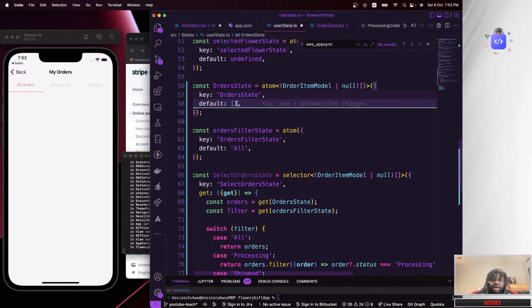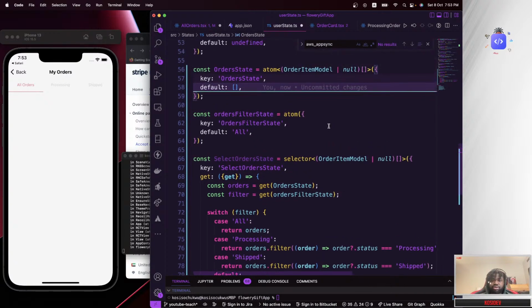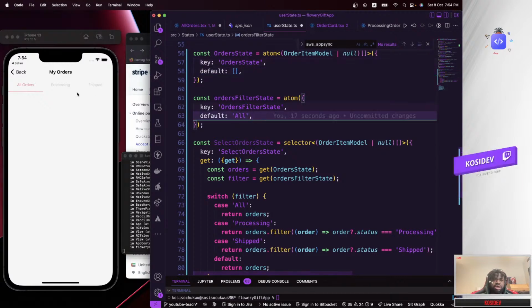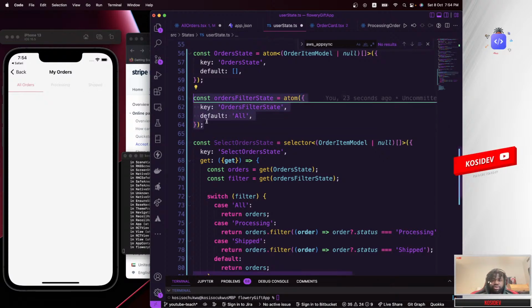So it's going to be an array of this other item model, and we created another other filter state, which is basically the state of this tab navigation. Yeah, so it starts with all others, which we're denoting here by saying all, and processing and shipped.